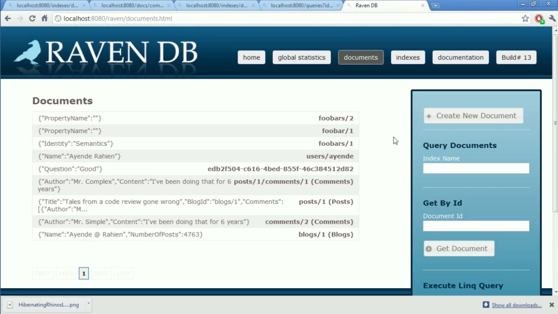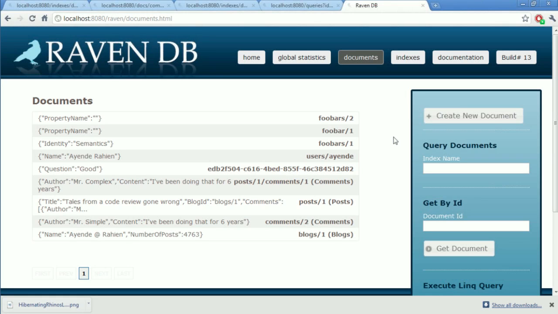The basic idea is that we have four options: GUIDs, assigned IDs such as user/ayende, identity, such as foo/bar/1, foo/bar/2, or HiLo. HiLo is basically the same as identity, but we don't have to go to the database as often.